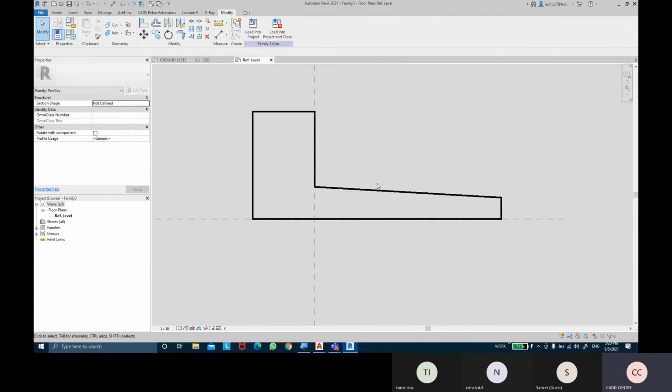Profile shape, making sure that profile is closed loop. Okay, and you can provide dimensions.